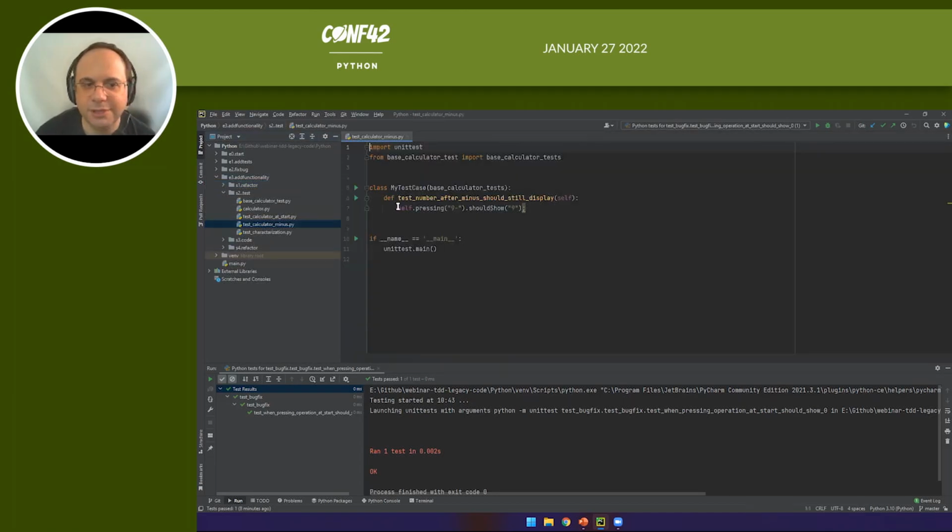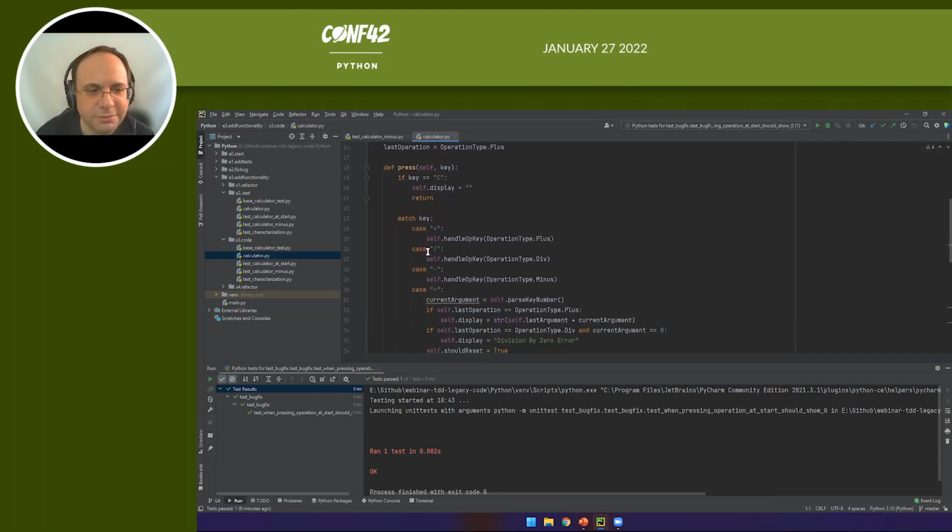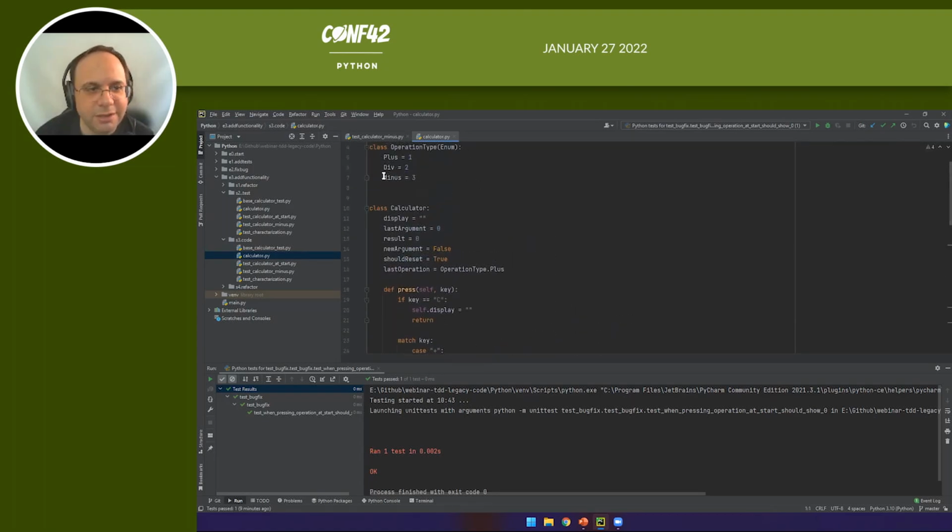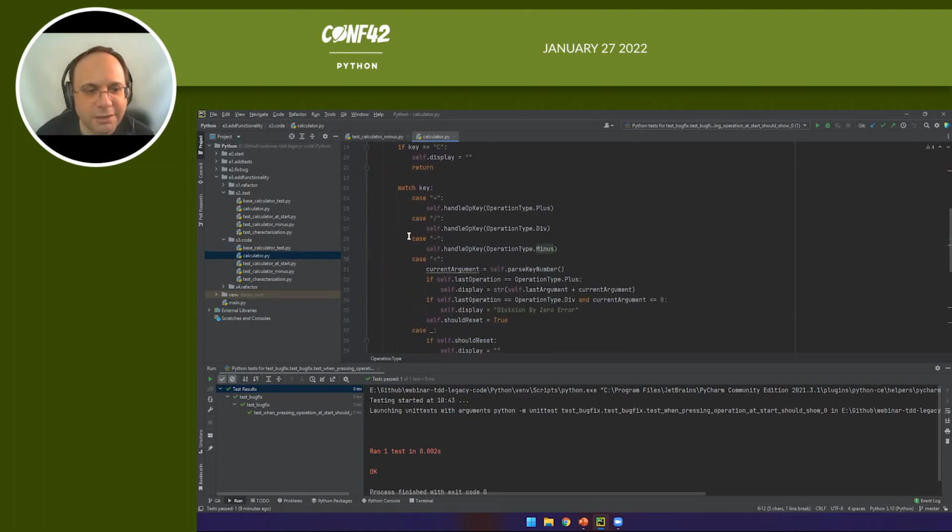This one. This is the test I'm adding. And this obviously fails on the current calculator. So I'm adding the code. I added the minus to the enum and add this. And because all the